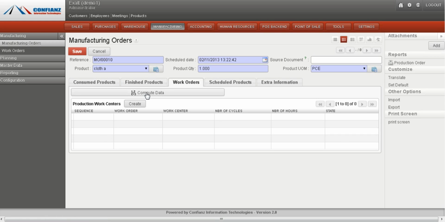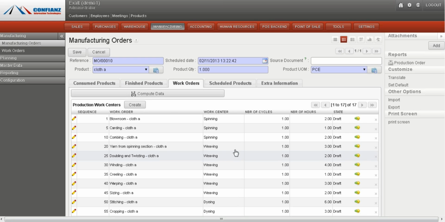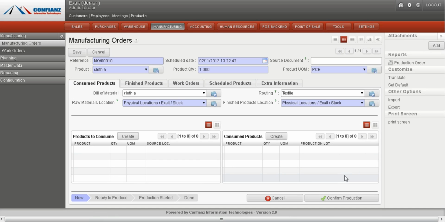So we can know the work center, we can know the production order center data by clicking on compute data. According to the routing which we have defined, all the work center procedure will be defined over here according to its sequence. And then by clicking on confirm production, we can confirm that manufacturing order,